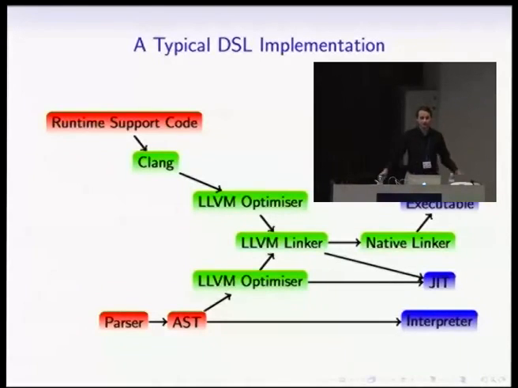And once you've got the combined bitcode, you can then do things like inline the C stuff in the code from your language, or the other way around, and that's actually what we're going to do in the worked example later. And then you pass that off to the native linker, and you can link that with other object code. So you can also turn your embedded scripting language into a static compiler with LLVM quite easily.